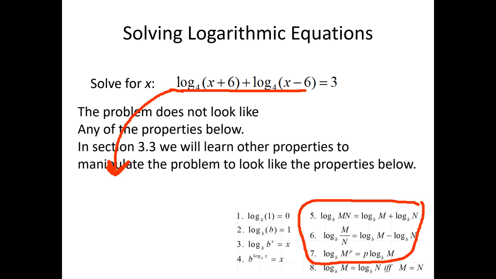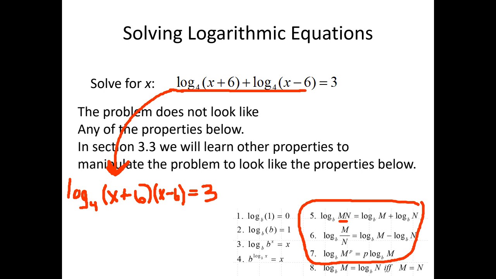So I can rewrite this as log, and the base is 4. Okay, and so I'm multiplying these. So now I'm going to have x plus 6, times x minus 6, and then this is equal to 3. Okay,